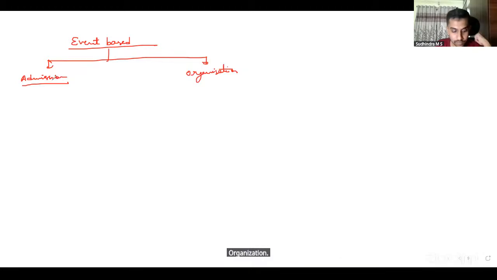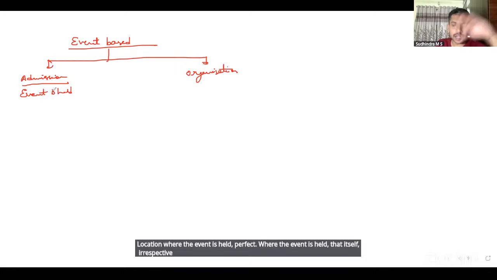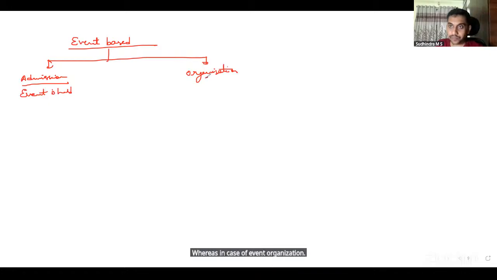Where the event is held. The location where the event is held. Perfect. Where the event is held, that itself, irrespective of who is the recipient, doesn't matter. Whereas in case of event organization, we have to check B2B or B2C. In case of B2B, location of recipient. In case of B2C,